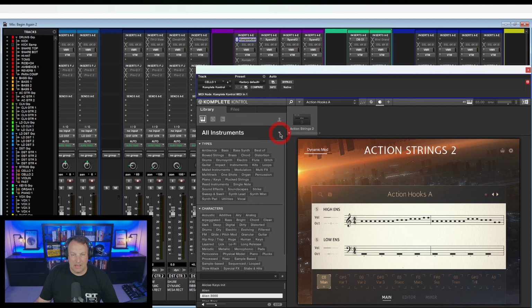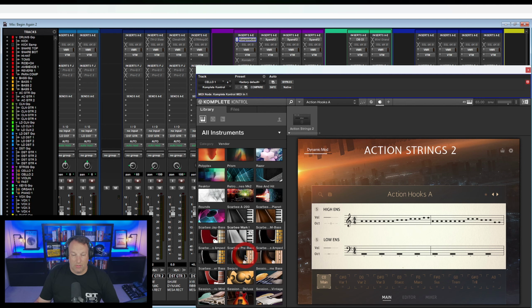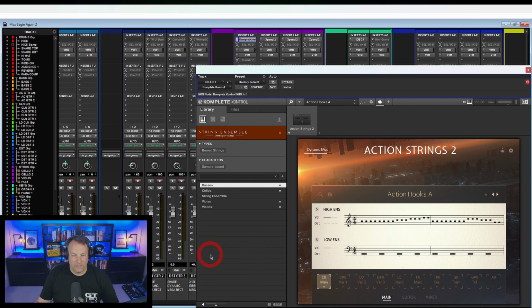And I'm not going to spend a lot of time on this, but there are so many options. You can use strings or like this. These are just presets where there's arpeggios that are already preset for you, or you can just pick out. We can scroll all the way down here and actually go to symphony instruments, and you play just like we did with the Expand 2 and play the actual instruments. Let's go in here to Symphony Ensemble,